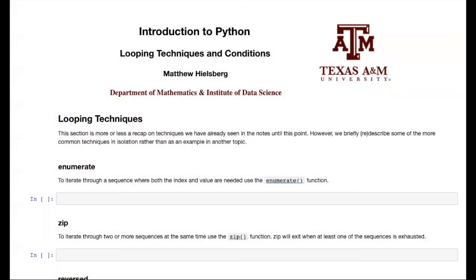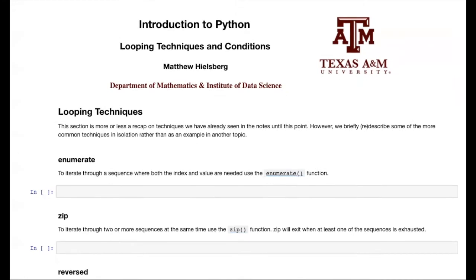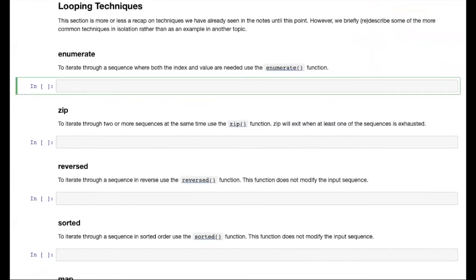In this video, we will discuss several functions that can help you to iterate various sequences. The first function we'll describe is the enumerate function. This function takes a sequence as an argument and generates a tuple containing the index and the value for each element in the sequence. So if we have the list containing the strings tick, tack, and toe,